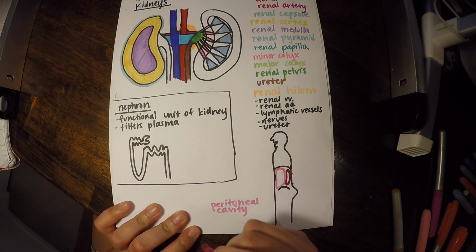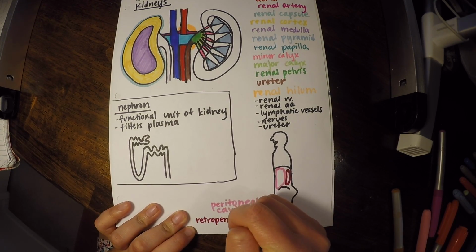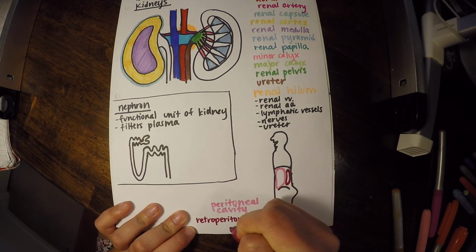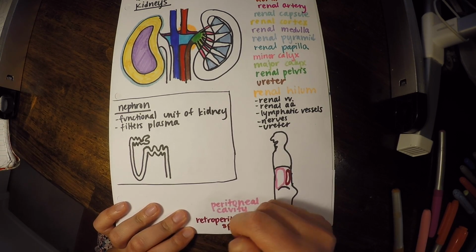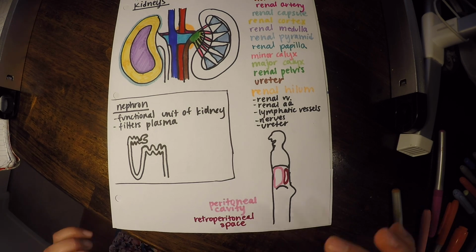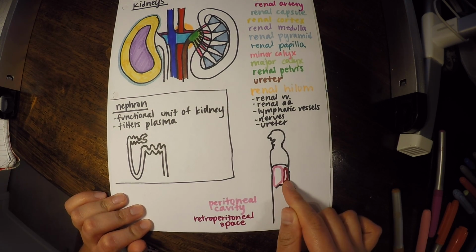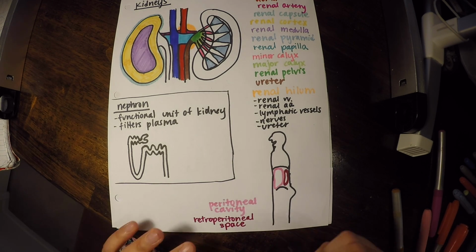But this other space is called the retroperitoneal space. And that's where the kidneys are and a few other structures. There's actually an acronym for it if you ever do need to learn all of those structures for another anatomy class. I'm not going to make you learn it in our course just because I don't think it's necessary. But our kidneys are living in the retroperitoneal space. So they're just one of the many structures there.